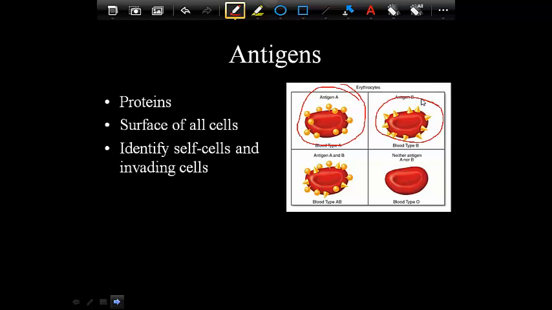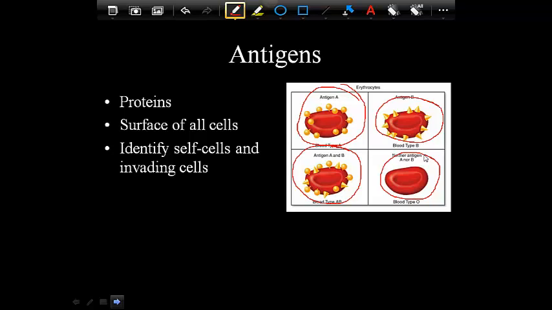You see how these antigens look different in these pictures? They're the little spiky ones. If you are AB blood, as you may have guessed, you have both antigen A and antigen B on the surface of your cells. So you can see the little round ones and the little pointy ones. And finally, if you have O blood, you have neither type of antigen. So your cells are empty of those.